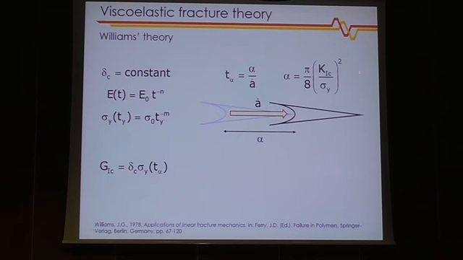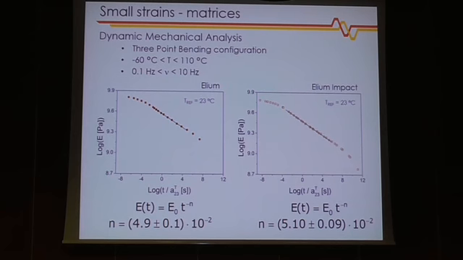And adopting the Dugdale model for the length of the process zone, we can combine all this into the expression of the fracture toughness, obtaining this relationship between G1C and the crack propagation speed, which is a power law as well, with an exponent which is related to the exponents of the power laws of the relaxation modulus and the yield stress. So now we needed these exponents, so we performed